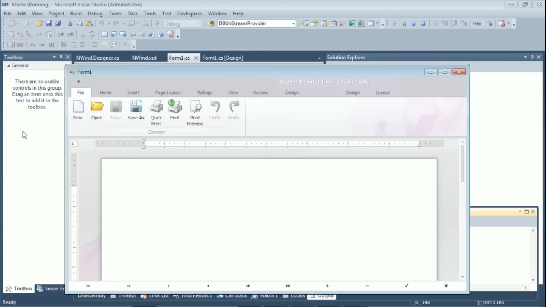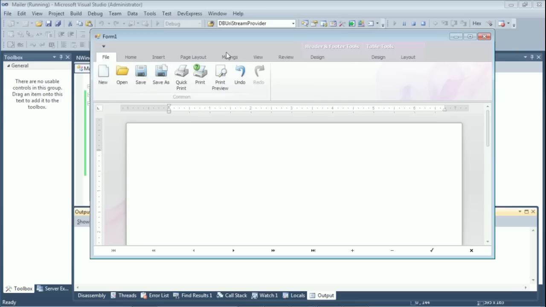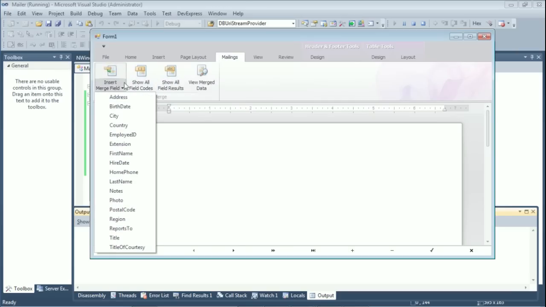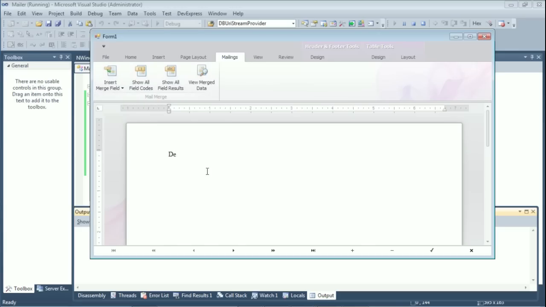It keeps going back to the bottom. Insert field. Now you see all the fields available in the data table are automatically available for me in this drop down. So this is pretty cool. I can say, Dear first name, we are inviting you and your family to attend a Christmas